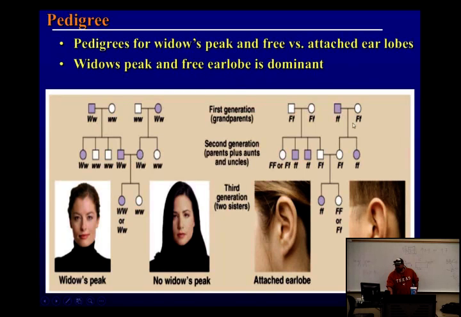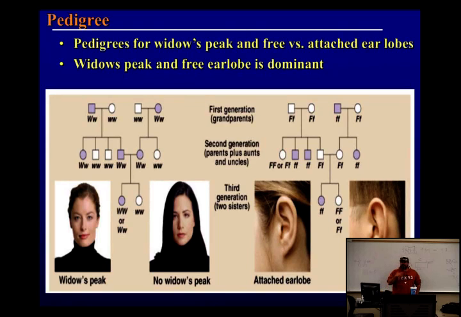So this is just an example of a pedigree. You go to the doctor's office and they ask you what your family history is. What they're really trying to get at, they're not really creating a pedigree because most doctors don't know genetics, so they don't really know how to do a pedigree. But they're trying to get at what they know, that this sort of stuff runs in families, right?